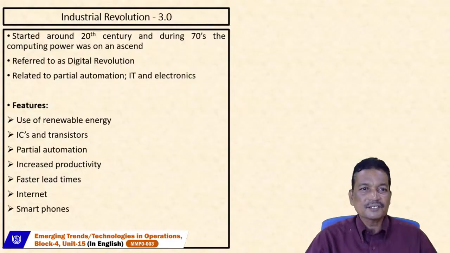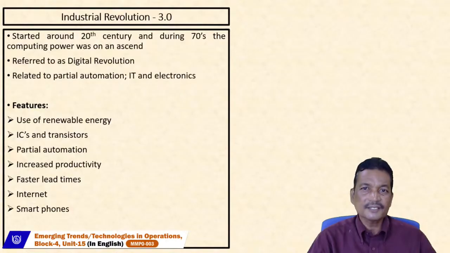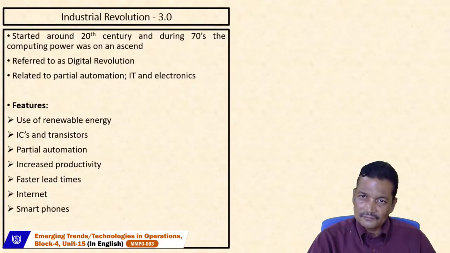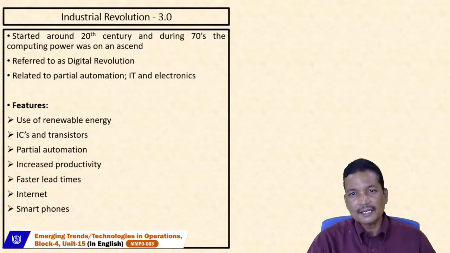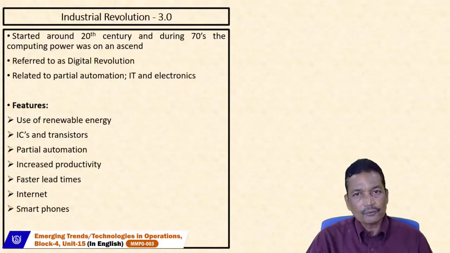What are the various features of Industrial Revolution 3.0? The first is, in the first Industrial Revolution we saw it was steam power that was being used. In the second Industrial Revolution we saw the introduction of electricity power and power generated by petroleum products like petrol and diesel. But now the focus was changing,